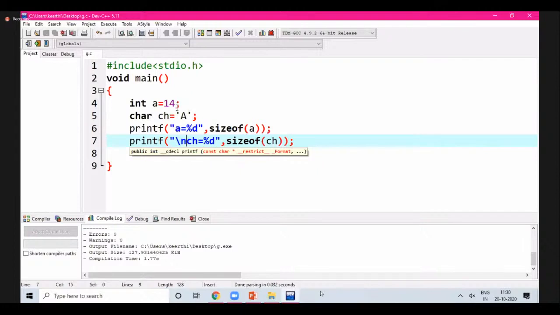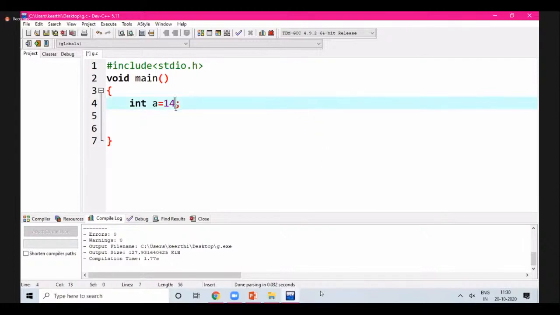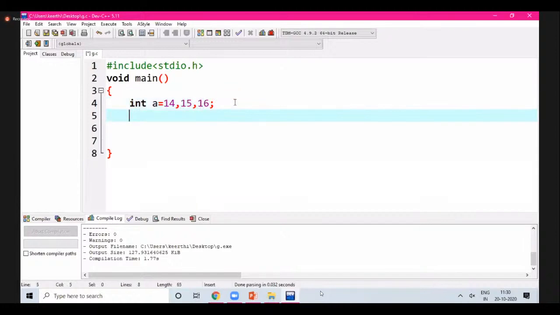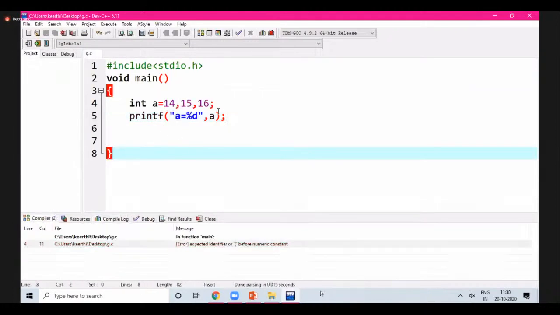Then what is comma? We'll see. You all know that you cannot initialize more than one value.